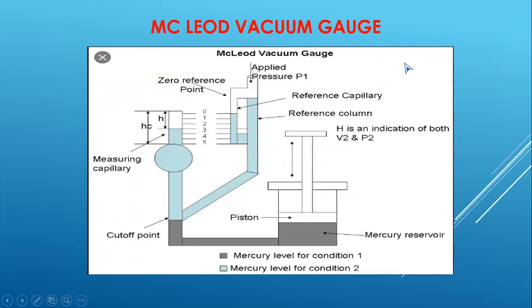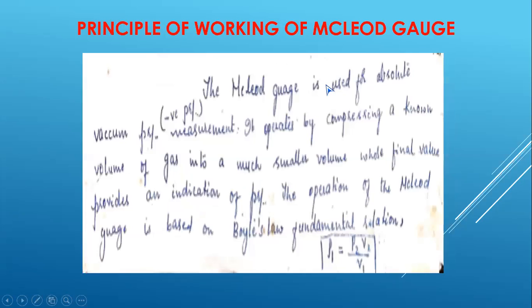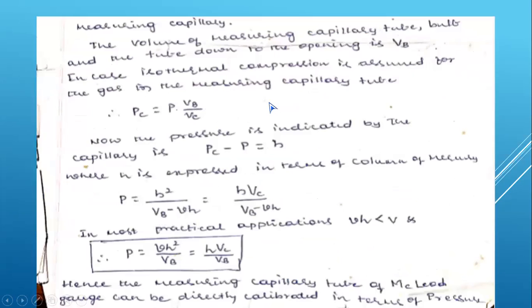A good example: almost all of you have a thermal flask in your house, where two layers are present. Between the two layers, they make a vacuum. That may be -1 kg per millimeter square or -2 kg per millimeter square, depending upon the vacuum they make between the two layers. And it is the only gauge which satisfies the gas law, P1 equals P2V2 divided by V1.